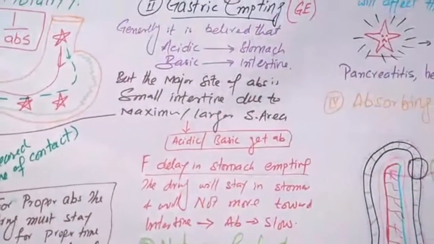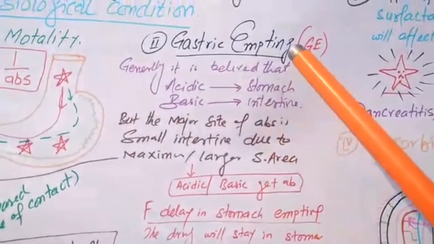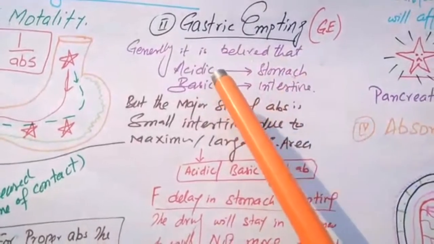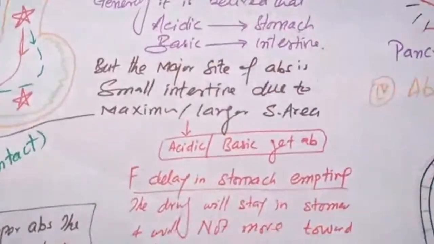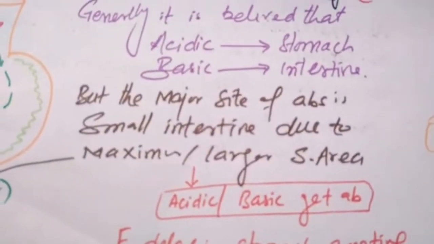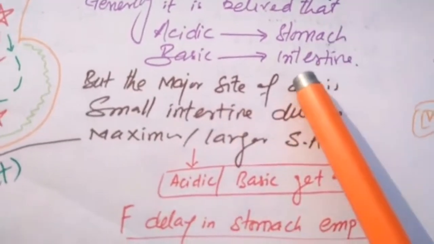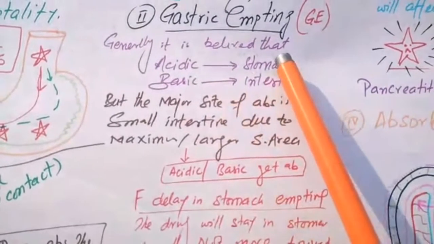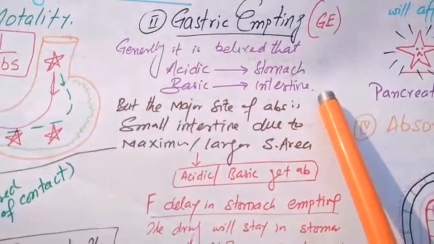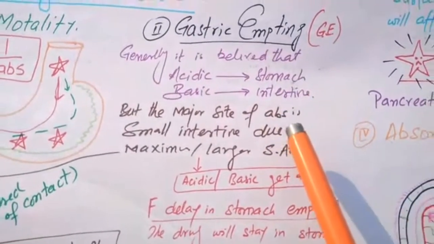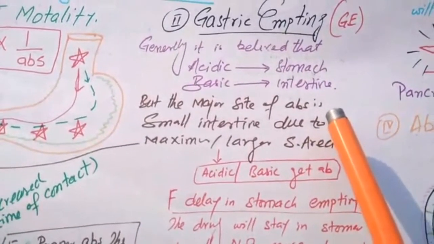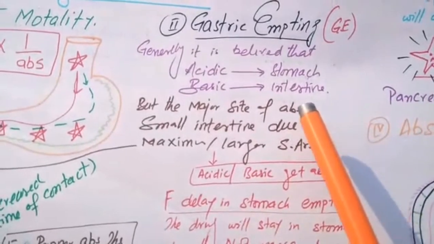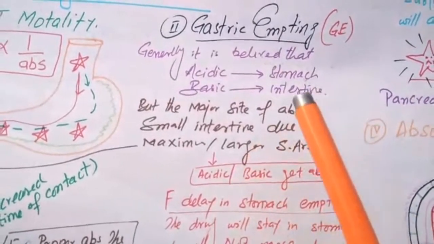Next factor is gastric emptying time. Generally, it is believed that acidic drugs get absorbed from the stomach and basic drugs get absorbed from the intestine. Due to which difference? Because the stomach is acidic and the intestine is basic. But the major site of absorption for both acidic and basic drugs is the small intestine, due to larger surface